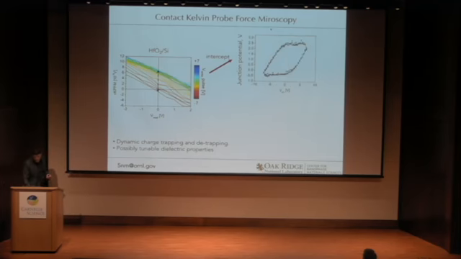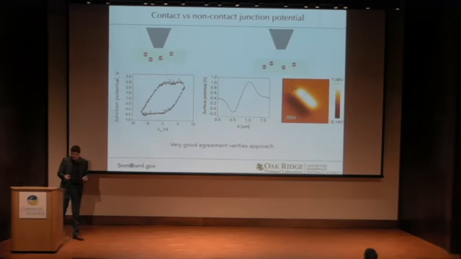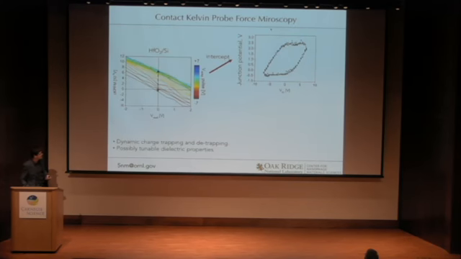Furthermore, because we extract the junction potential directly, we can compare it to our favorite technique of electrostatic force microscopy, where we actually lift the tip from the surface, so they're explicitly sensitive to electrostatics. And we see that the range of potentials that we leave on the surface is very similar in contact versus non-contact. So minus 0.5 to 2.5 volts here, and this is minus 0.2 to about a volt. So there's actually sort of an internal mechanism to re-verify these measurements even beyond sort of the excessive evidence that things are on the right track.